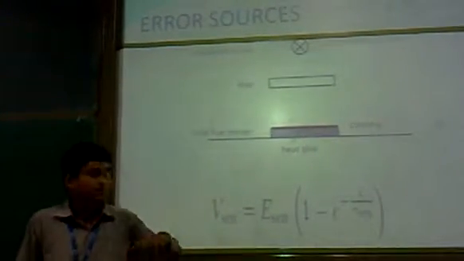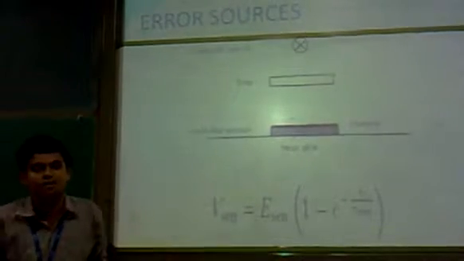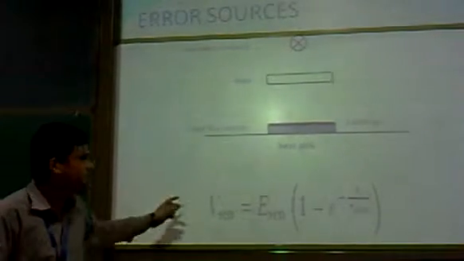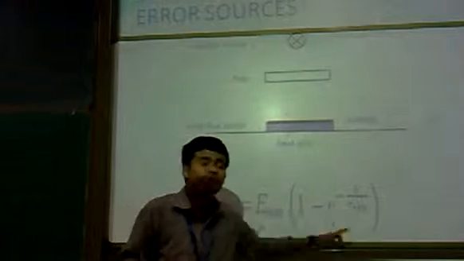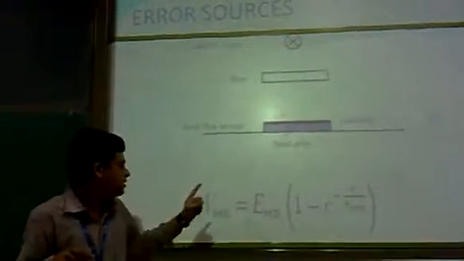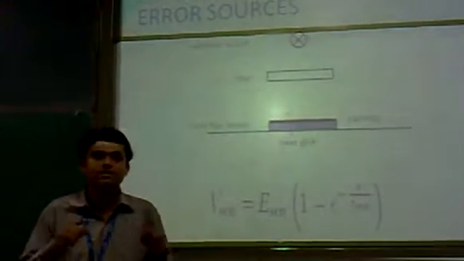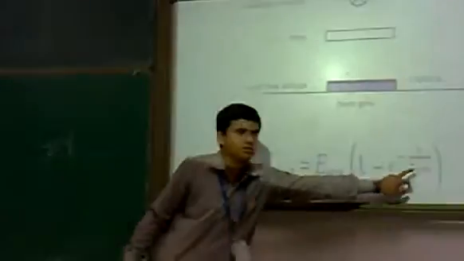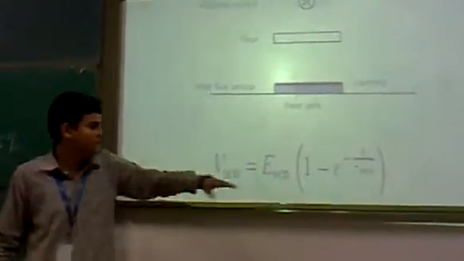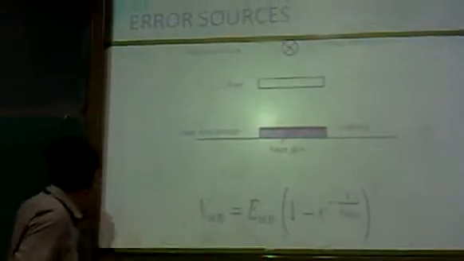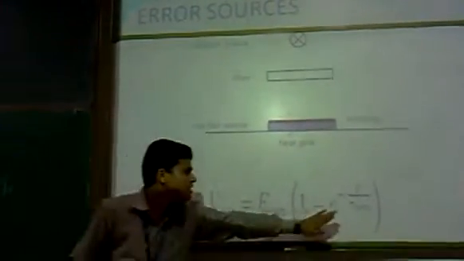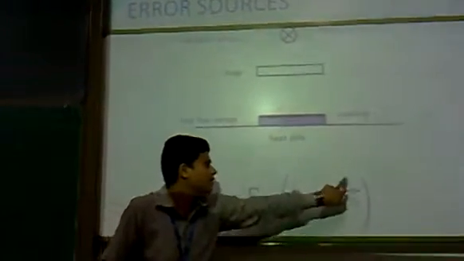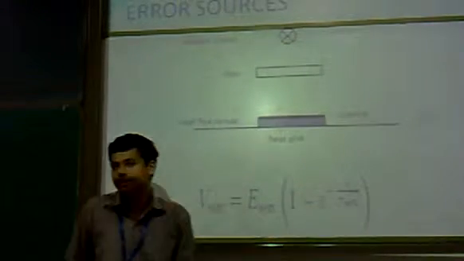In the second case, the main error in the heat flux plate is the response time. The response time is very large in a heat flux sensor. This is one of the major errors. For 95% of its total output, it takes time to reach T sen, like the response time. So to calculate this time, we will use this formula, e raised to minus T upon T sen.